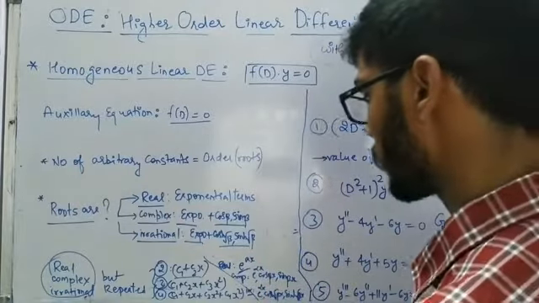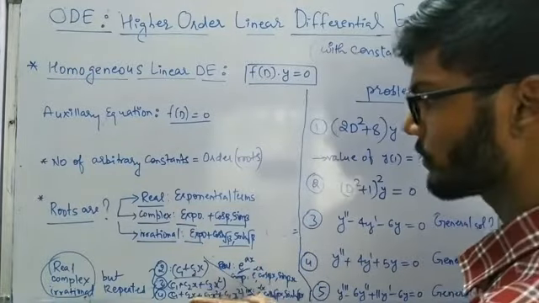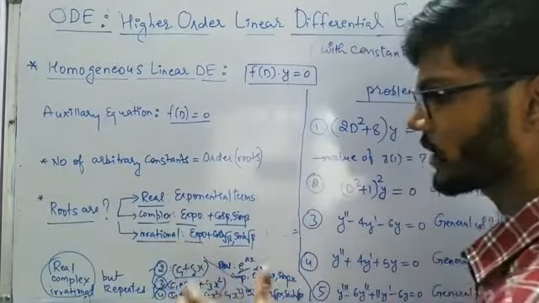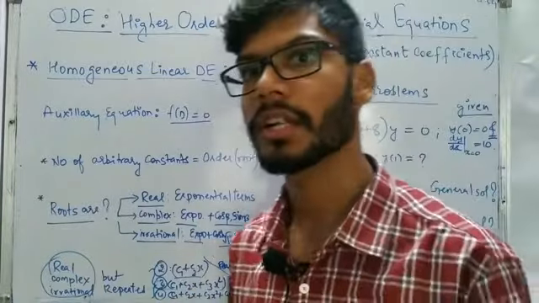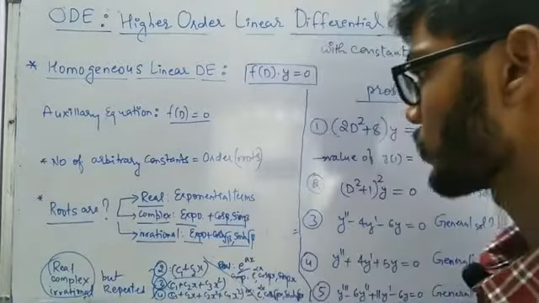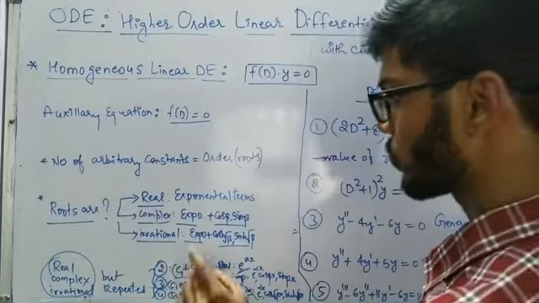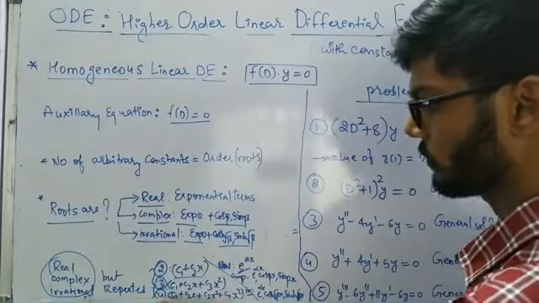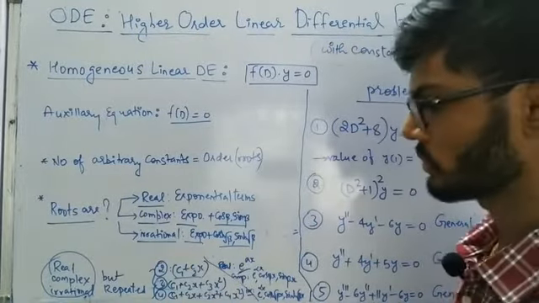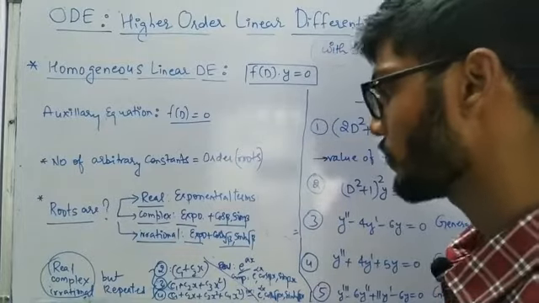And in the case of complex, I also said one more thing: complex or irrational roots come in pairs, because they are alpha plus minus i beta or alpha plus minus root beta. So we are going to get either 2 repeated roots or 4 repeated roots. We are not going to get an odd number of repeated roots. That we are going to get only in terms of real roots.